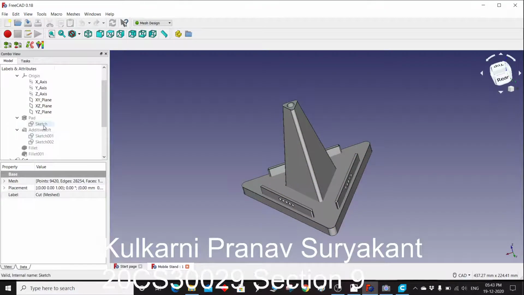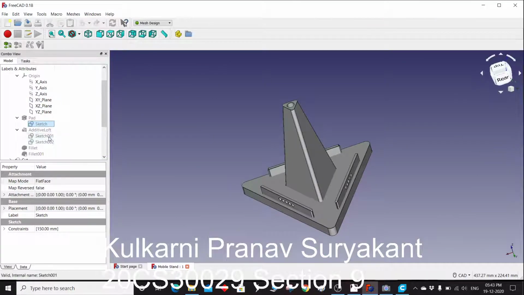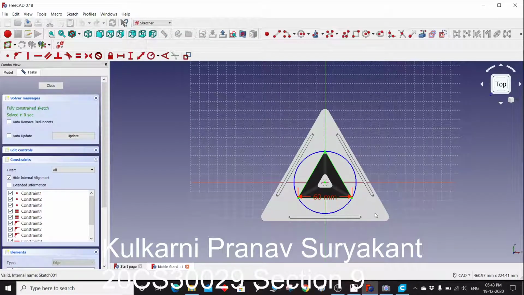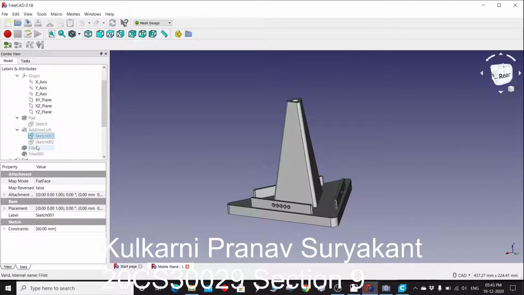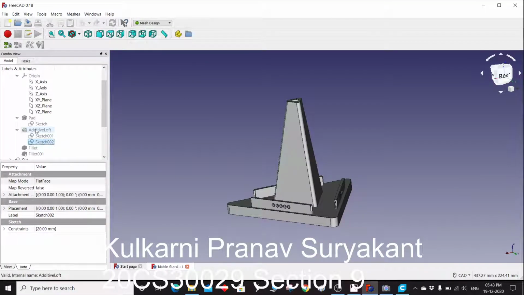So first I have made this sketch in the XY plane. It is an equilateral triangle of side 150 mm. Then I used the pad option to form the base of height 10 mm. I made similar triangular sketches, this one and this one, and then I used the loft option